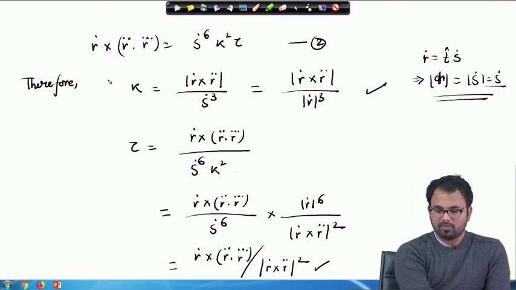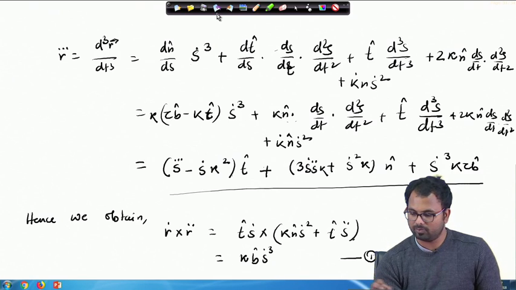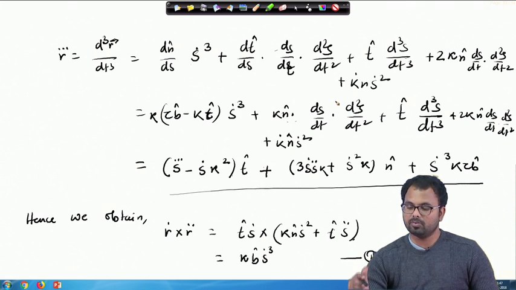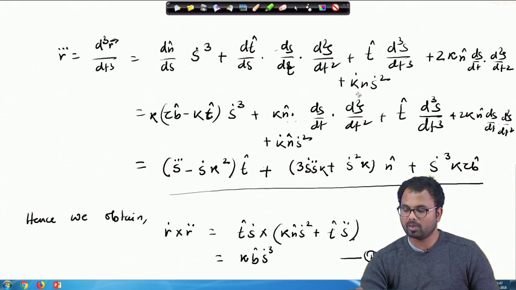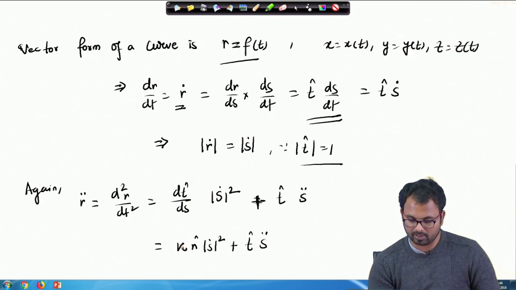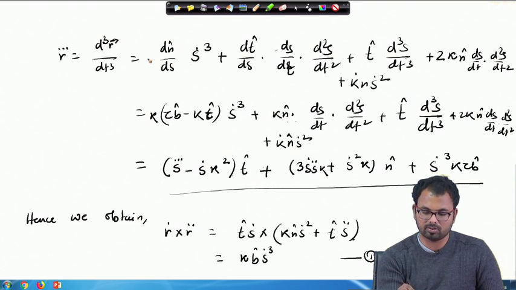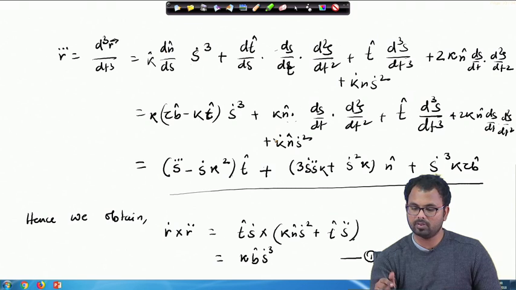So, of course, it was a slightly tricky derivation. It is not tricky actually, you just have to spend some time calculating this derivative. So, just remember kappa is also a function of s. So when we were differentiating the first term, for example here we had kappa times n s dot, so kappa times dn/ds, and then there should have been a kappa here, and then when we are differentiating